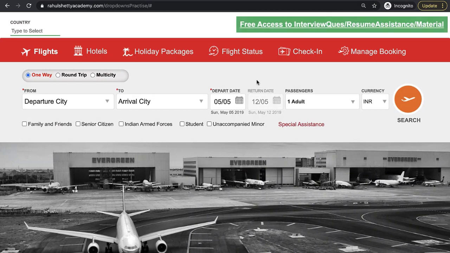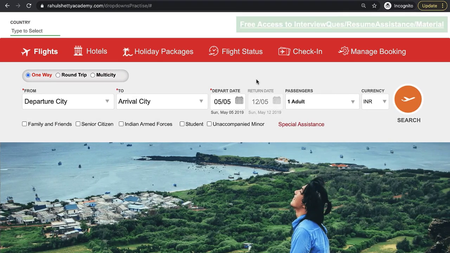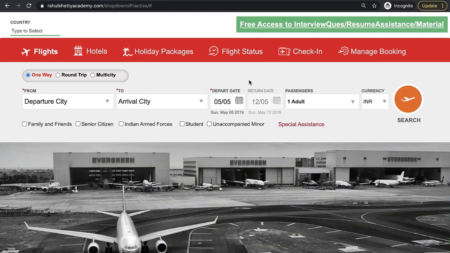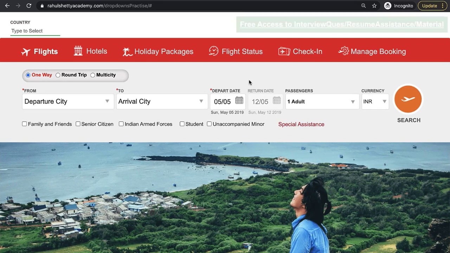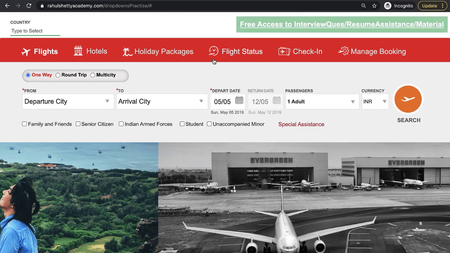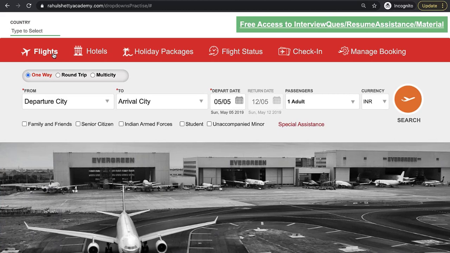For a simple glance, let's say you are working on page object model. Basically in page object model, all the objects belonging to one page will go to one separate class, right? But if you see here, this is one single page, and here you have a lot of functionality.